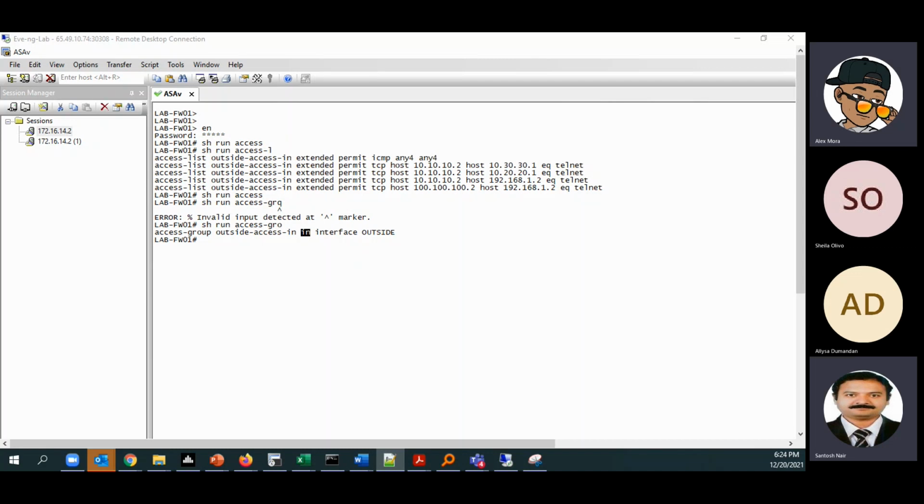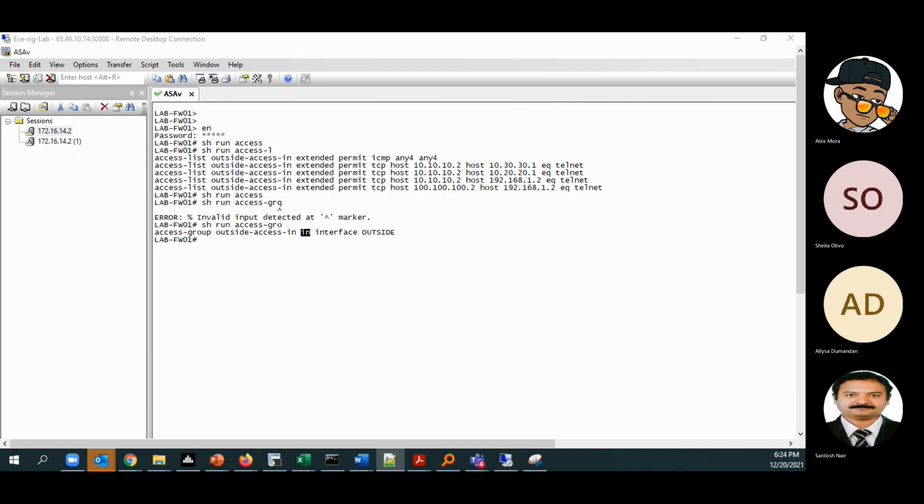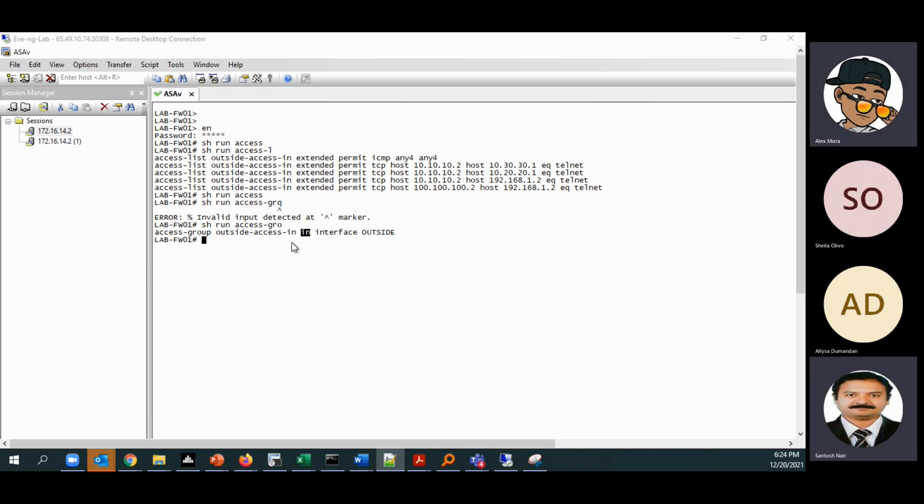So likewise, first of all it will come to the ingress interface, and it will check if there is an existing connection. If there is an existing connection, then it will not check the ACL. It will directly go to the next step.